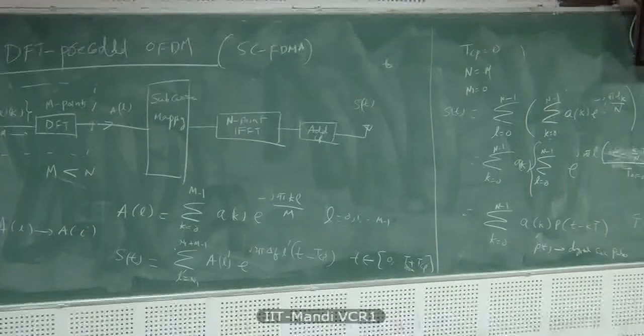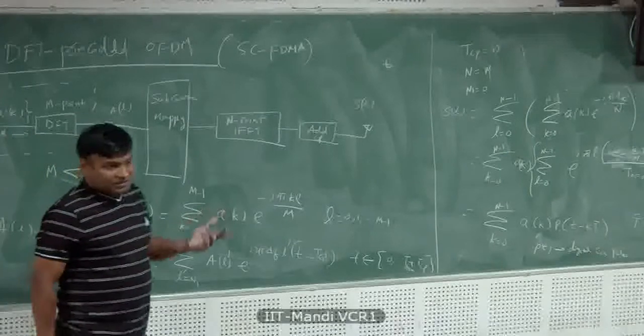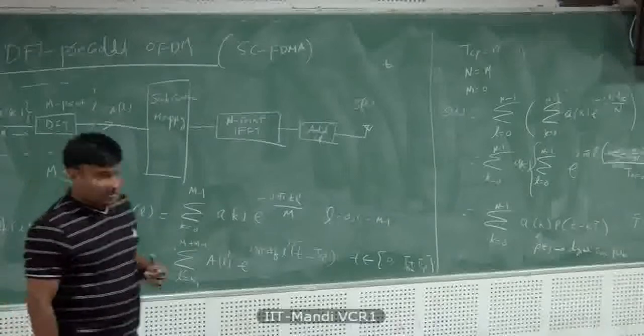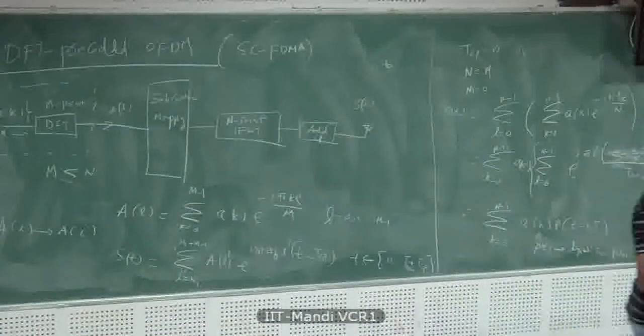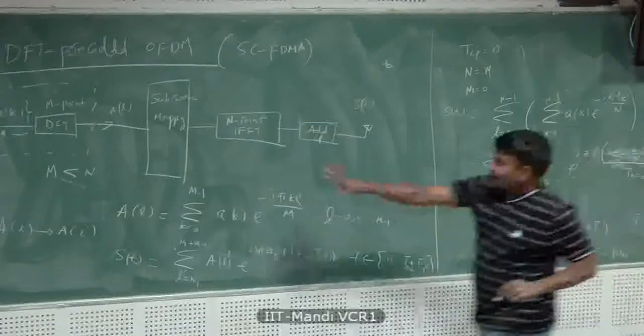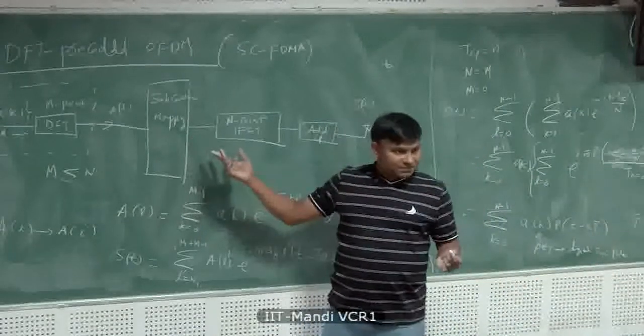Sir, why are we adding CP? So in this context, you might be thinking single carrier, there is no need for CP, right? Not in this, but in uplink, in downlink also. Oh, downlink. Why are we adding CP? We discussed this, right? If the channel is AWGN, there is no need for CP.